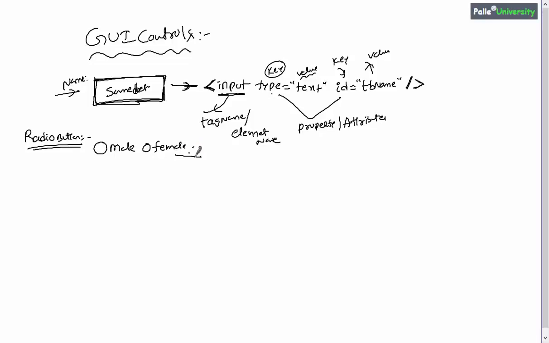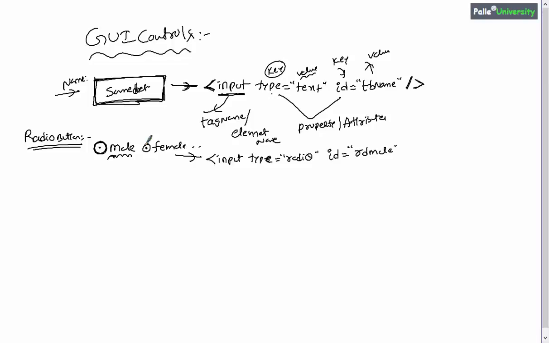In order to create a radio button using HTML, you should write input type is equals to radio. Next, for every radio button or every control, in general it is better to give some ID. So in my case I will go for RD male, right? Assume that I have created this radio button for males. In case the person using your application is male, they have to check this one. If a female is using, they have to select this one.